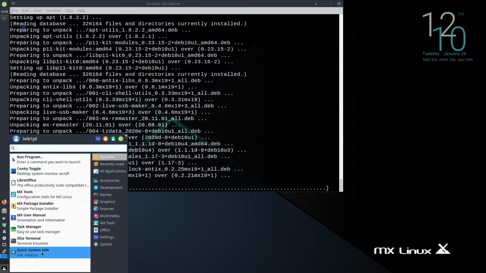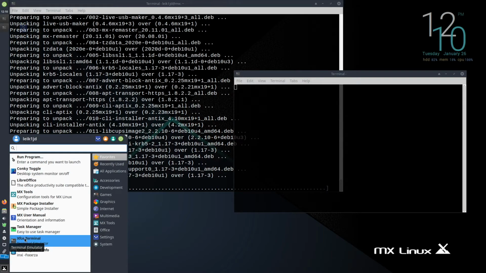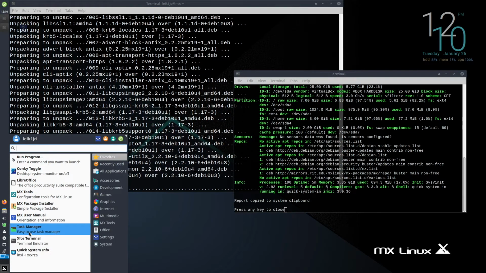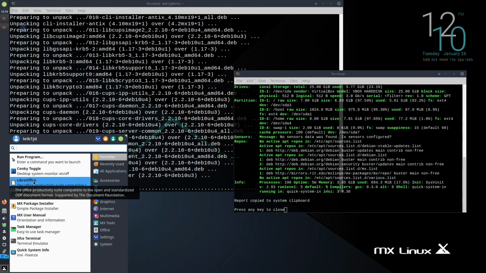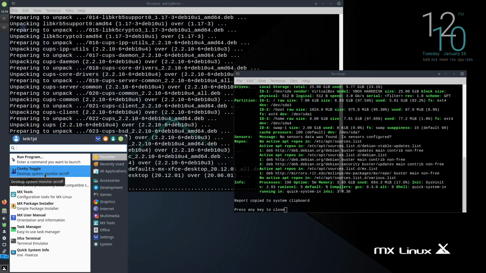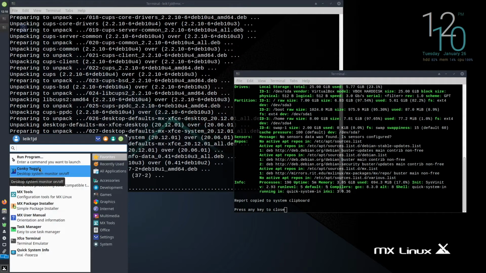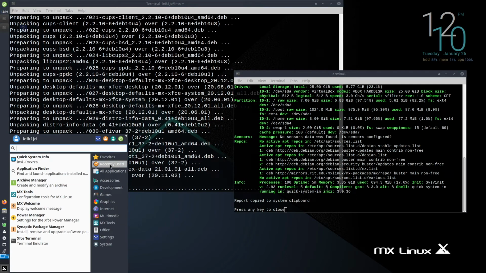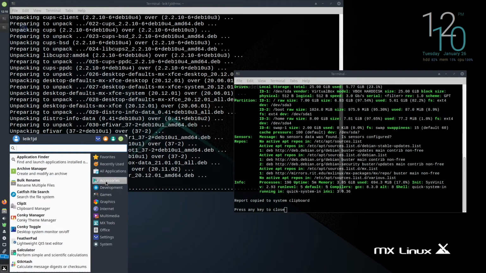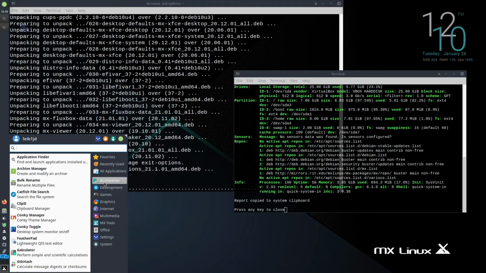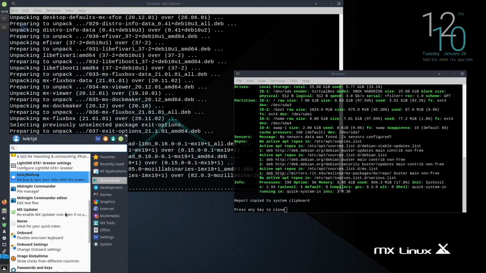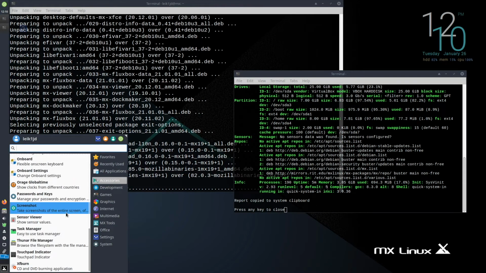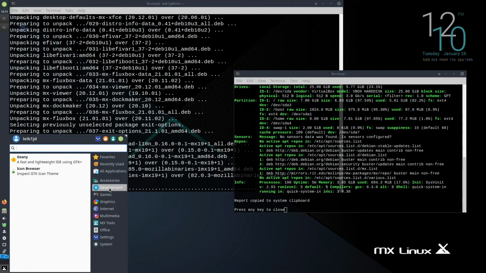All right, let's see what we've got in our menu. Quick system info, Xfce terminal, task manager, MX user manual, package installer, tools, LibreOffice, Conky toggle, run program, recently used, all programs, accessories, archive manager, bulk rename, pretty standard stuff, some backup utilities, Midnight Commander, task manager, Thunar file manager, development, Geany,